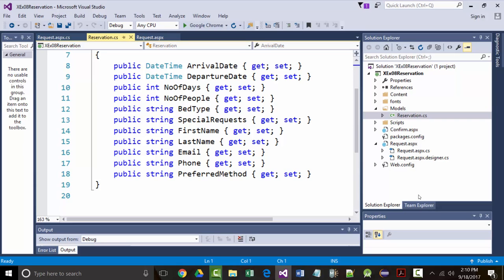All right? So the author says if the page isn't a postback and there is a reservation object, meaning it's already been created, it calls display reservation, and it moves the data from session state to the controls on the request page. Otherwise, as it says, it just sets the default values. Okay, so we've done steps, I believe, step 1, step 2, step 3, and step 4. All right. So the next thing we're told to do in step 5 here